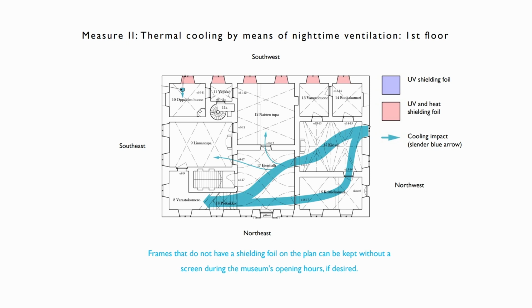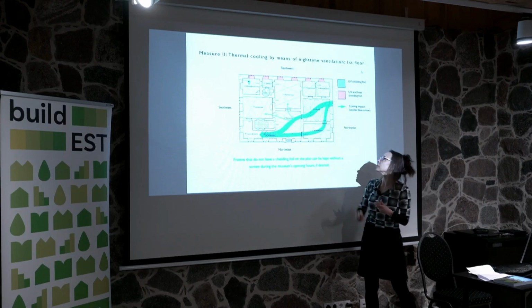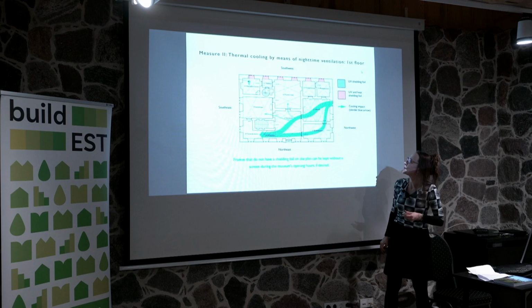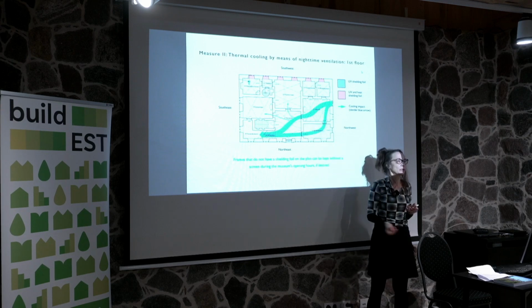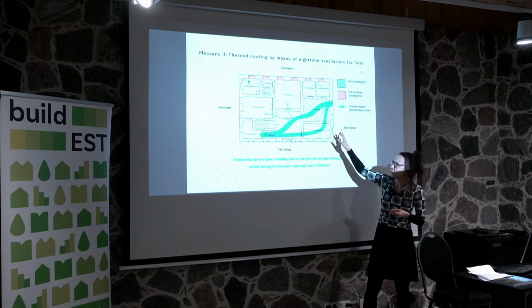The building will be ventilated in the night time. After the museum closes in the evening, the guides there take some measures. They open this window here, which will be specially designed to be used as a ventilation window, and also a burglar-proof and bird-proof and insect-proof window. And then doors are opened to those spaces that need ventilation or cooling, so you can select which rooms need it. Not so many rooms needed actually here on the first floor,